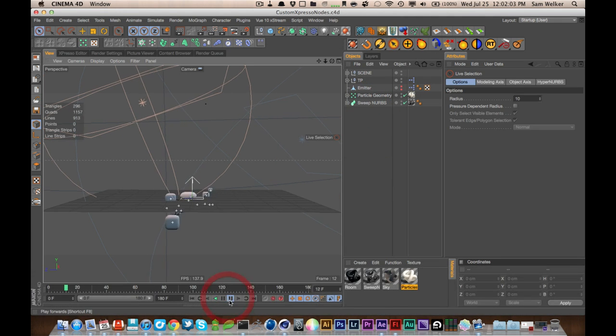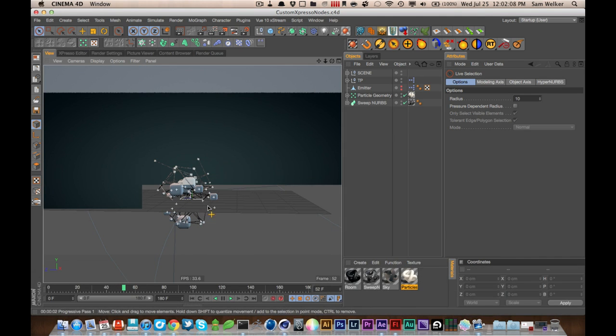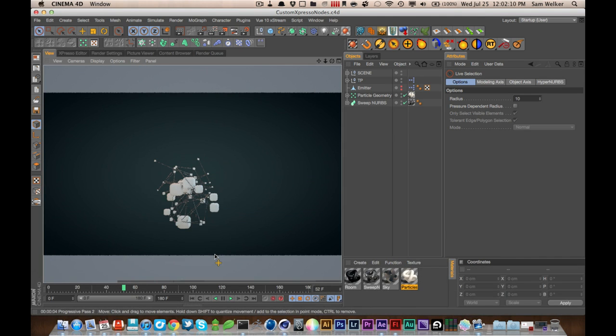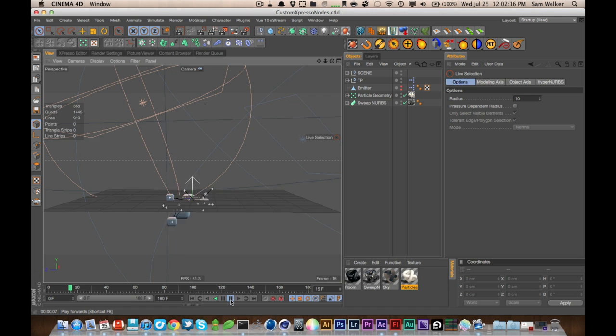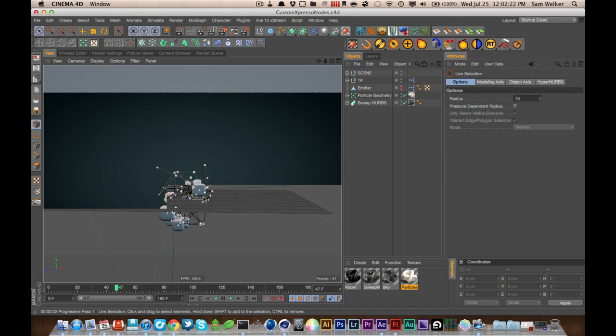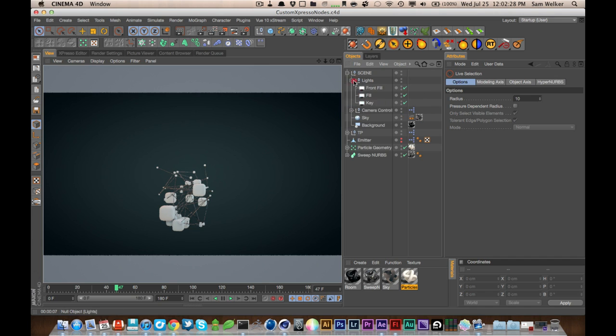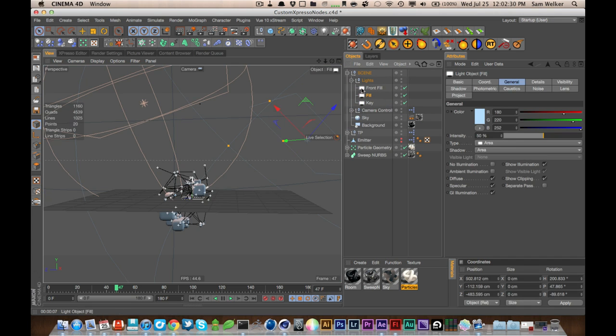So let's go ahead and look at it now. And we hit render with the progressor, and the way it should work with the thinking particles is that when they pop up, they should be bright and luminant. And we're going to go into the scene and change the light, actually the fill light, to be